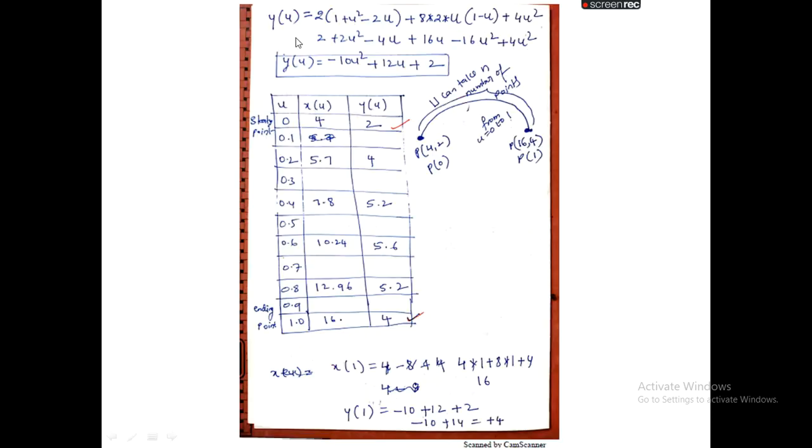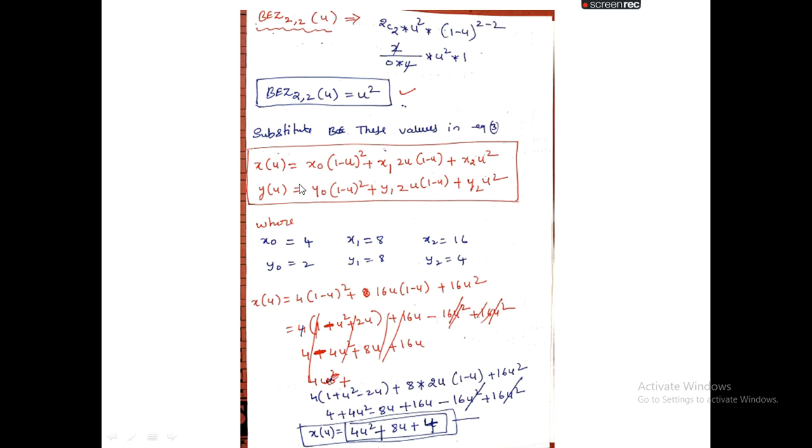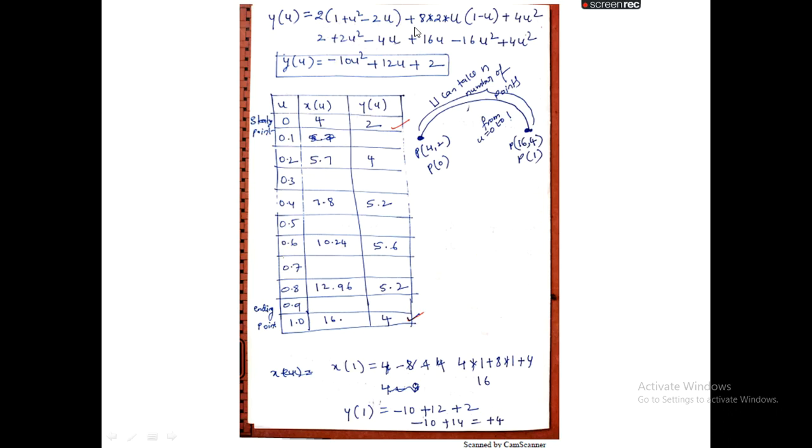Similarly, we want to substitute the y0, y1, y2 values in this equation. After substituting and solving, I got y of u equal to minus 10u square plus 12u plus 2. This is the equation we are using to calculate each pixel position along that curve